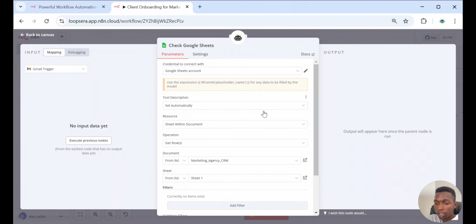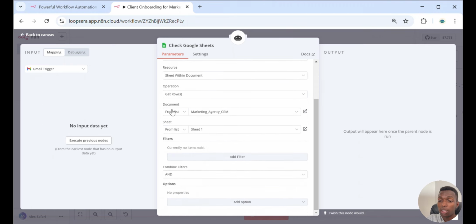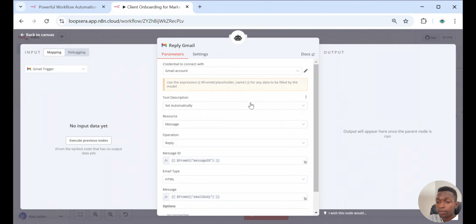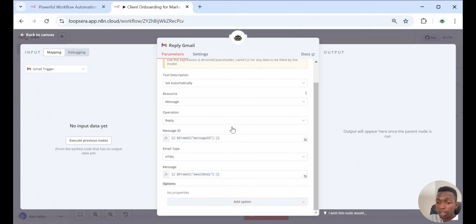Let's go to the check Google Sheets tool. So here we've set it to automatic, sheet within document, the operation is get rows. Then here we've given it the documents. Next, let's go to the reply Gmail. Using our Gmail account, the credentials obviously I had set up earlier. Tool description is automatic, the resource is message, the operation is reply, then the message ID, we're giving it a message ID, then HTML, then the from AI email body,